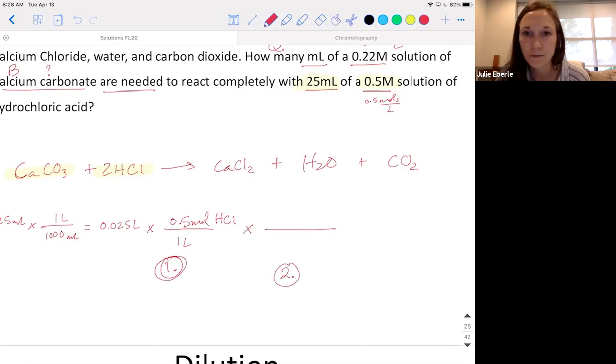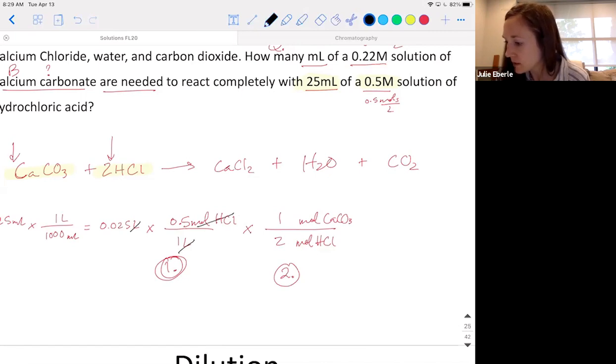This is going to be now step number 2. What is step number 2? Plug in the mole ratio. So what is our mole ratio here? I need moles of HCl on bottom because I want that to cancel. I want to convert to moles of CaCO3. 1 to 2. Yep. So put 2 moles HCl on bottom, 1 mole. And again, I'm looking at the coefficients in my balanced chemical reaction. So far, liters cancel, moles of HCl cancel. And then step number 3